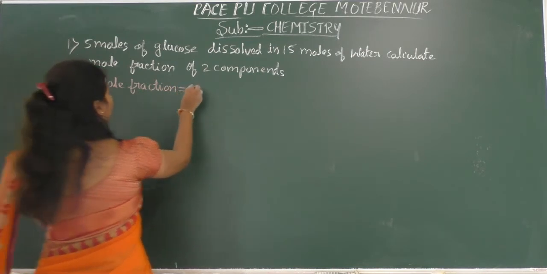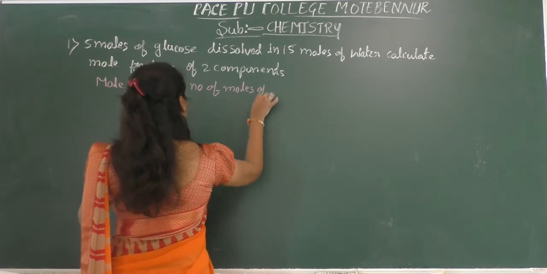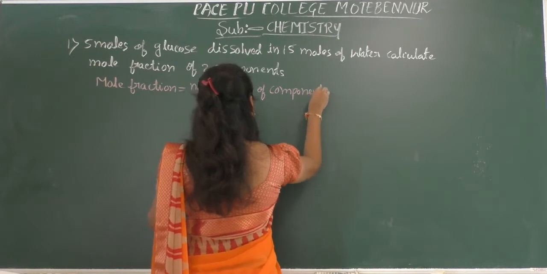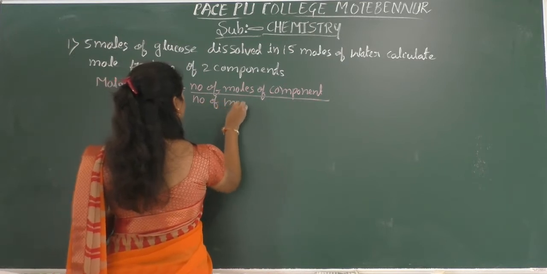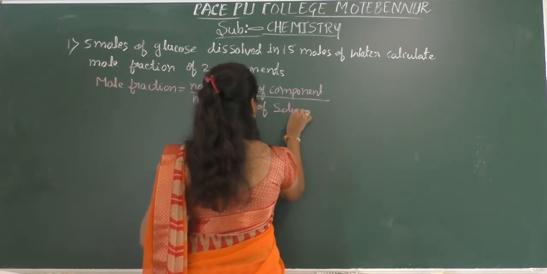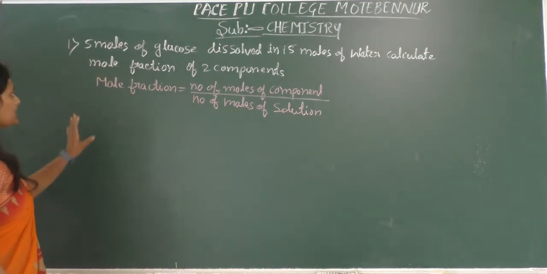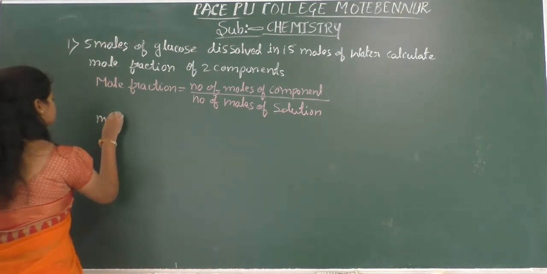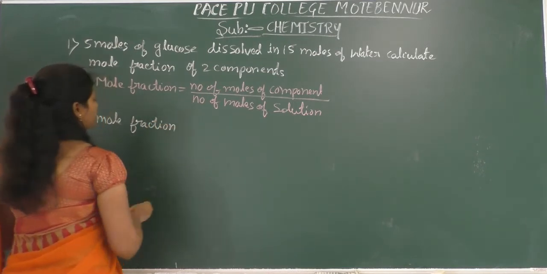is equal to number of moles of component divided by number of moles of solution. Okay, so first we will discuss the mole fraction for glucose. Okay, so here mole fraction for glucose,